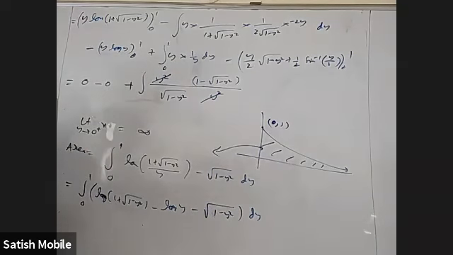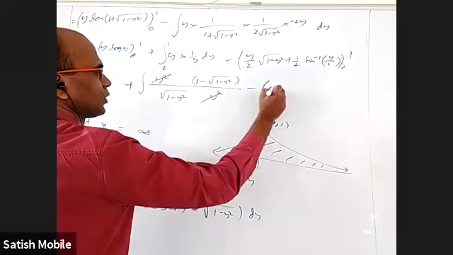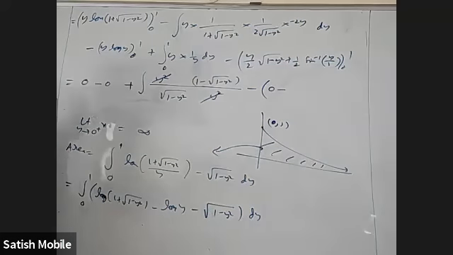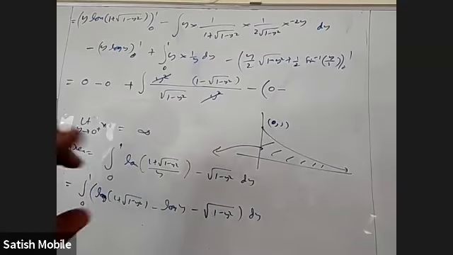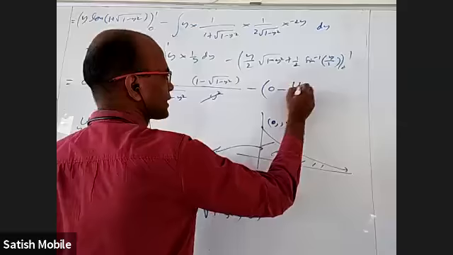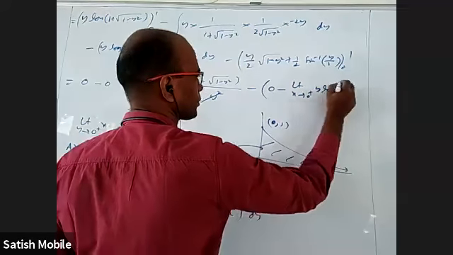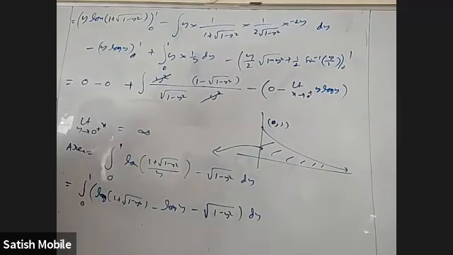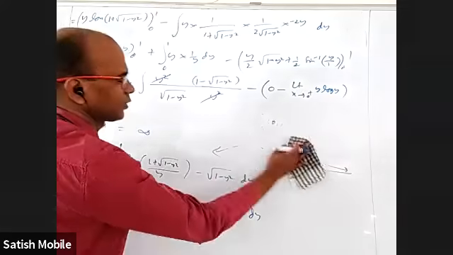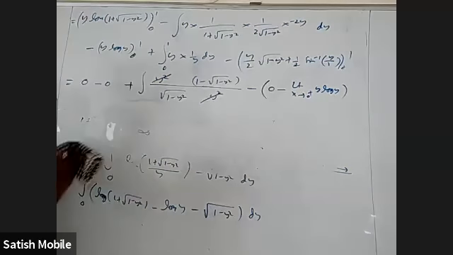0, when you put 0, what will happen to this answer? When you put 1, it is 0. But when you put 0, this is 0, but this is tending to infinity. So what to do at that time is you have to write the limit as y tends to 0 plus of y log y. Whenever after integration is over, you are substituting upper limit and lower limit, if they are not defined, you have to find the limits there.